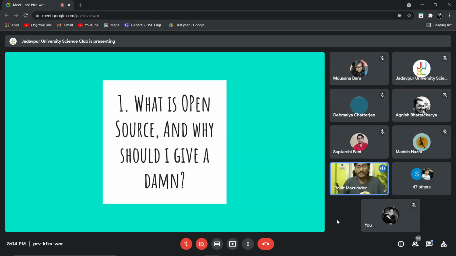The term open source means it's something available publicly, and anyone can go out there and inspect, modify or enhance it. Open source doesn't necessarily mean that you have to write code. It can be anything: a design, documentation. There are a multitude of definitions behind open source, and multiple things are involved in it. One such thing is coding, which is what Google Summer of Code deals with. But in general, open source means anything which is publicly available that you can analyze, modify and study. You can enhance it, and you can even create another product from that open source. That's what open source is all about.